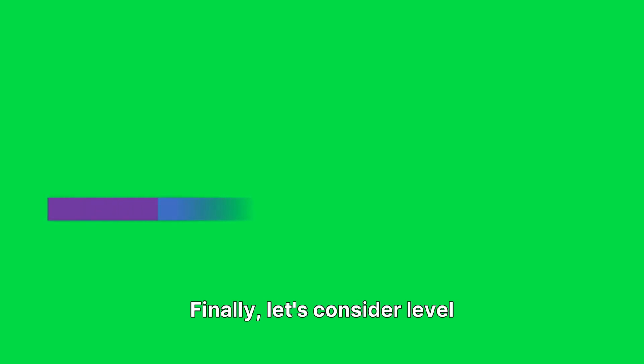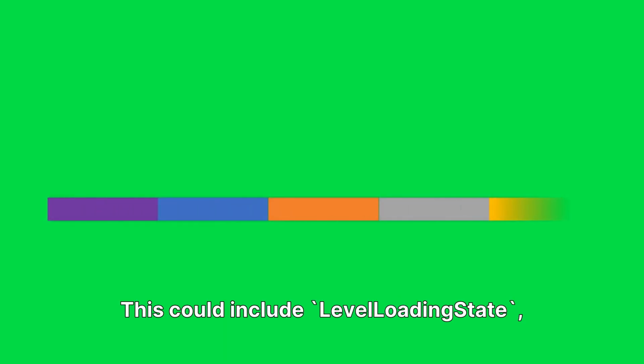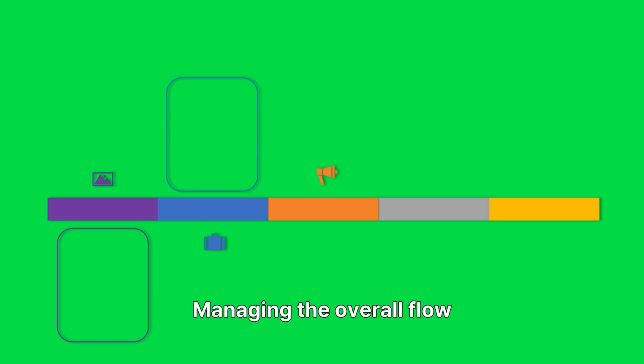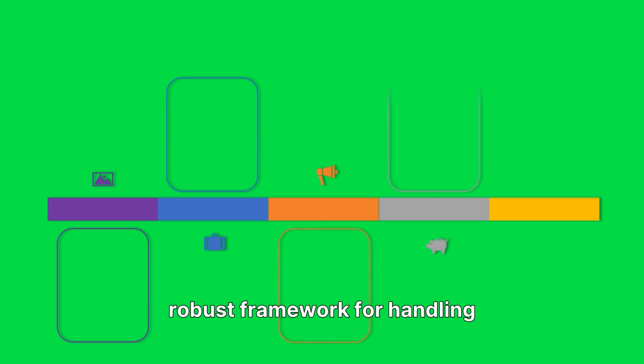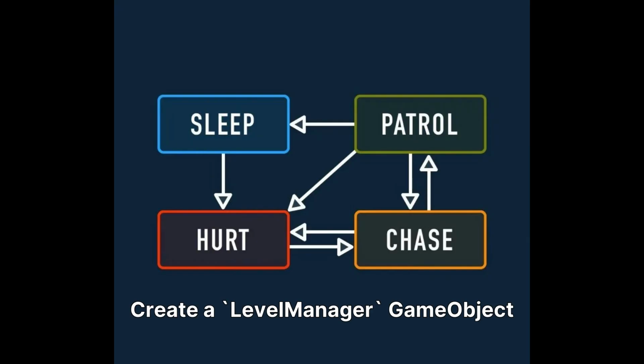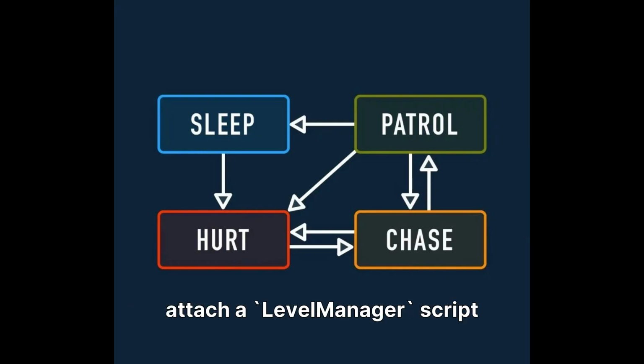Finally, let's consider level states. This could include level loading state, level playing state, level paused state, and level game over state. Managing the overall flow of your game through level states provides a robust framework for handling different game phases. Create a level manager game object in your scene and attach a level manager script to it. This will manage the overall game flow, acting as the central control point for the entire game state, from loading